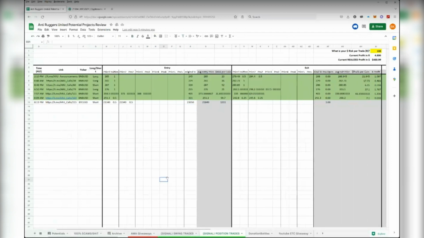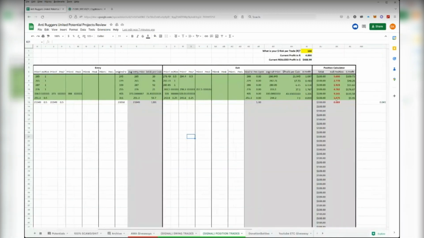This exact position trade right here that we actually had, where I shorted BNB at 358, 373, 388, and stop loss was at 405. Guess what the price went up to? It actually went up to like $400. It was within $5 of stop loss, and this trade ended up netting a 1.356 R. If you were panicking, you could have closed this out at $400 and it would have been a huge loss. But instead, you made a 1.356 R, which is $130 on this trade if you risked 100.